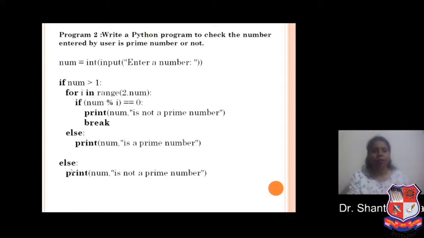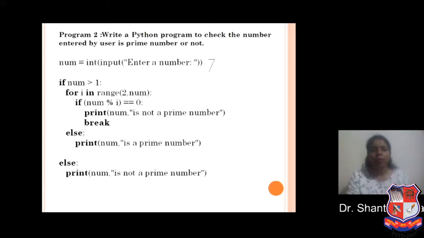If the number is greater than 1, we have to check for i in range 2 comma num. Say the number is 7, and 7 is divisible only by 1 and itself, so 7 is a prime number. Here the range is 2 to 7.